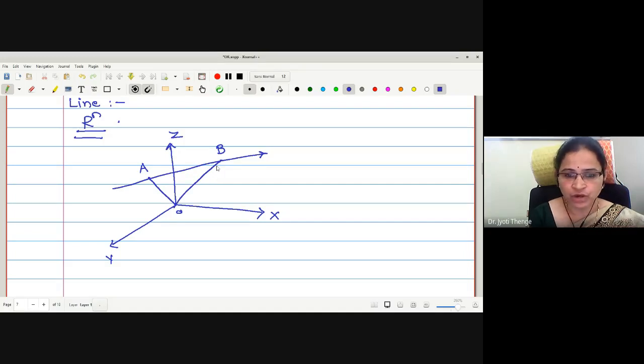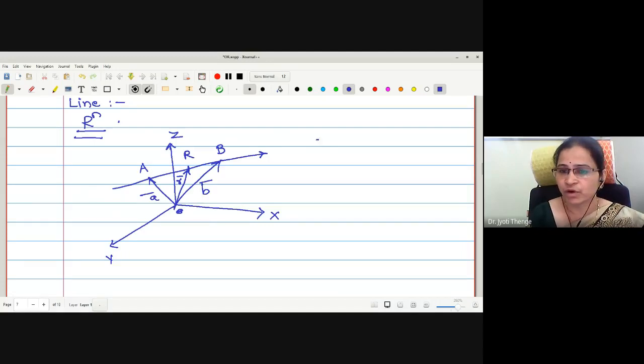Okay. Therefore, what is it called? This is called vector A bar. Say OA is called vector A bar and OB is called vector B bar. Now we are interested in finding the equation of a line, meaning we are interested in finding the coordinates of an arbitrary point on the line. Let me call that arbitrary point R. Let me join this point with the origin, and correspondingly the vector formed will be called R bar.